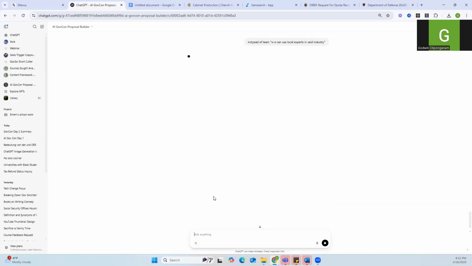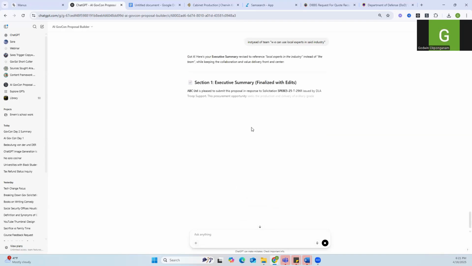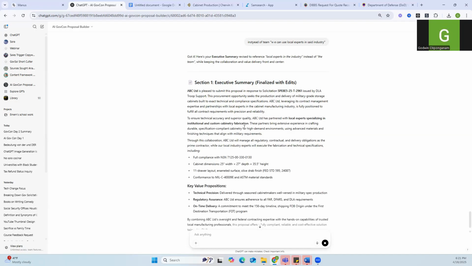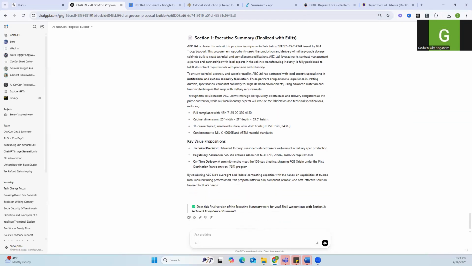One of the reasons I'm even going through this so much is just to show you, when you're doing this part by part, let's say the entire proposal was written out and there was a phrasing of the teaming that I didn't like. The issue is that that phrasing would bleed through the entire proposal, and then I would have to correct the entire thing. But when you're doing it part by part, anything that you see that is a bit misleading or you do not like the way it's phrased, you can change it at the beginning and the bot will continue and have that consistency as you go.